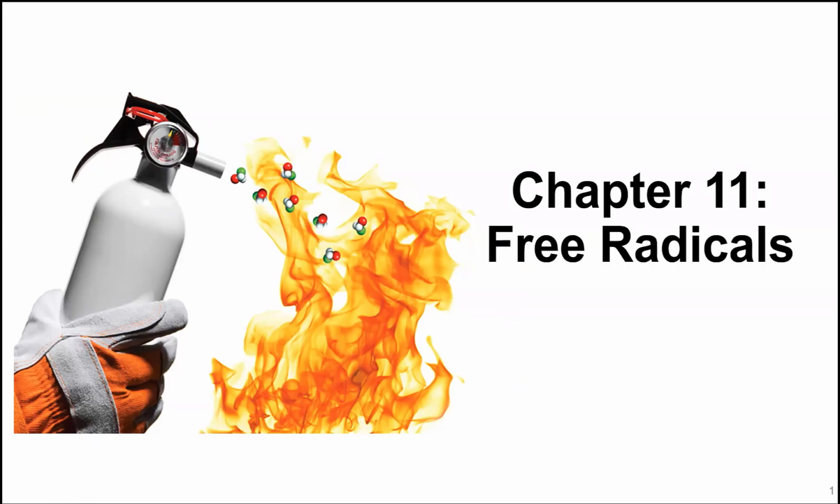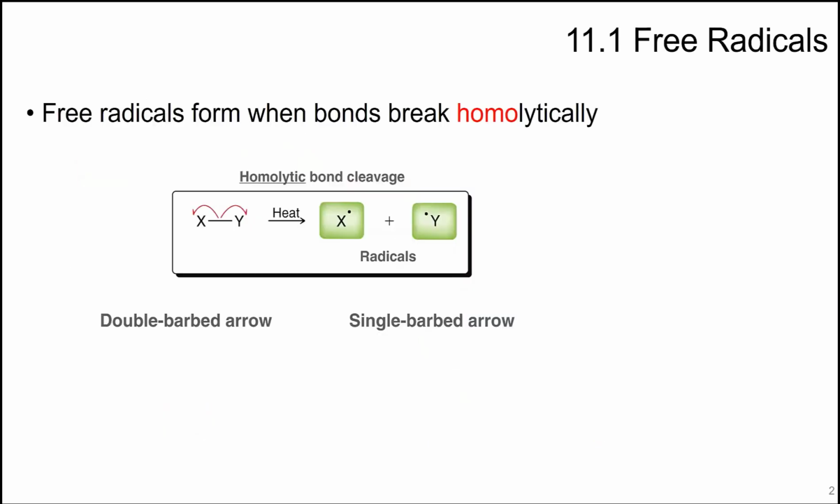In Chapter 11, we'll be looking at free radicals. When we see a fire, the combustion process is actually a chain reaction, which means that it's self-perpetuating, and this is a process that occurs via free radical intermediates. A free radical forms when bonds are broken homolytically. This means that electrons go equally to both of the atoms. Instead of two electron pairs traveling together onto one atom, we have one electron going to each of the X